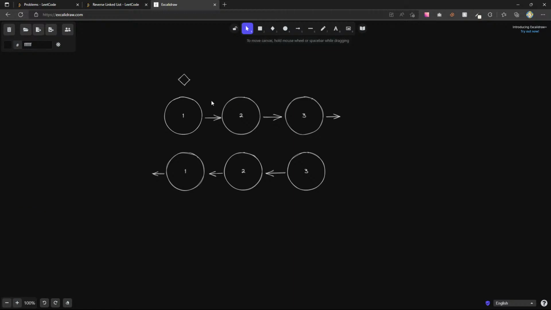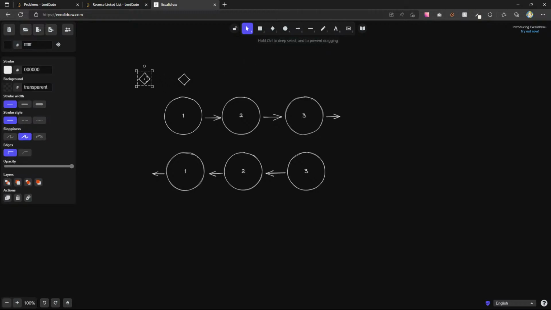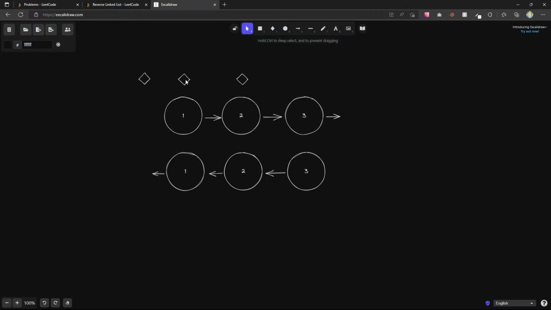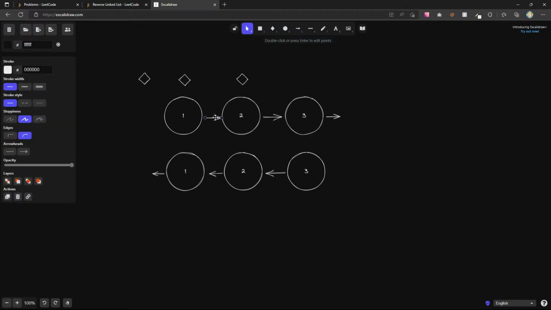What if we had another pointer, or what if we had a set of pointers that helped us go along with all this? Imagine we had 3 pointers. We had a previous and we had a next, right? Now, how is it that we can start doing this? Well, I could say, for example, let this one